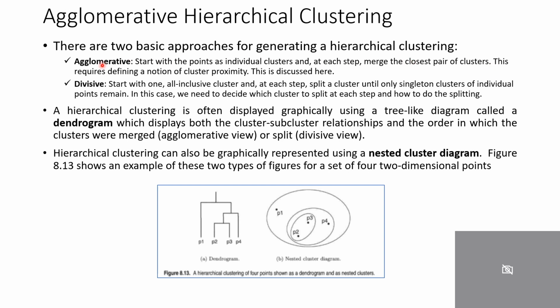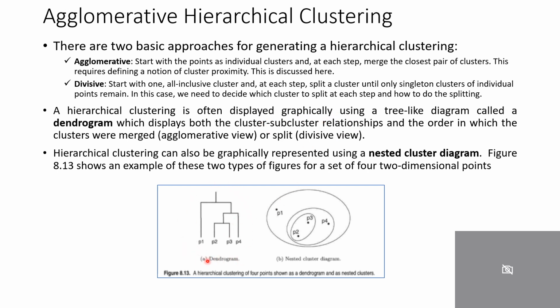Though this we'll actually be discussing in the next slides, which is there in the syllabus, how to perform clustering using the agglomerative method. Another one is divisive. Here you start with one big cluster and then you go on dividing that into subclusters. And the hierarchical clustering will basically be shown in the form of a dendrogram. These are the basic two things. One is the dendrogram, which you can show.